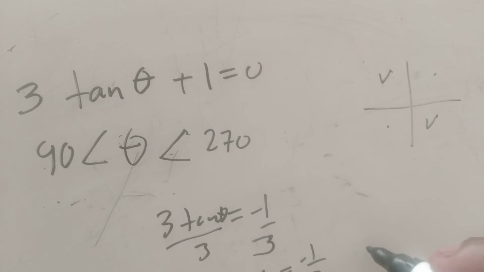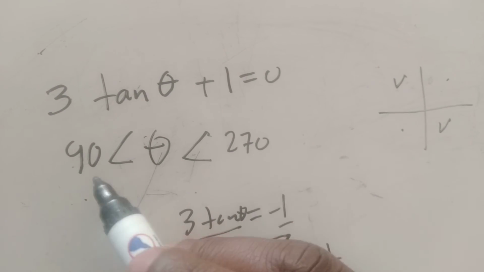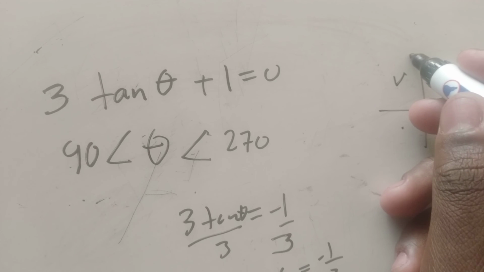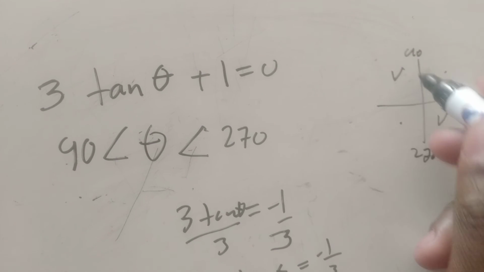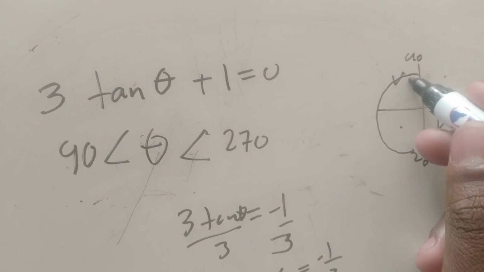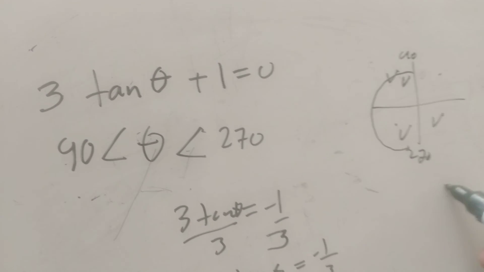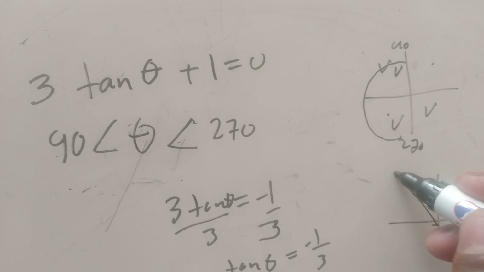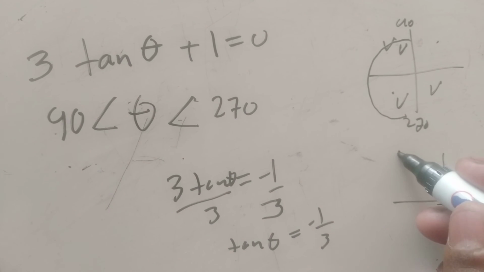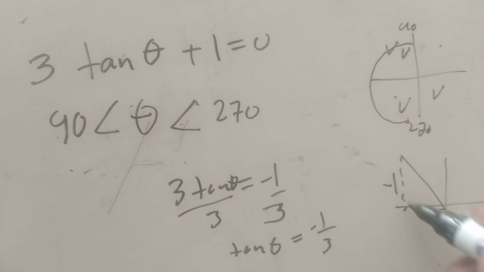All Students Take Chocolate, so it means tan is positive here and here, meaning it will be negative here and here. And this says it's going to be between 90 and 270. So between 90 and 270, it's this quadrant and this quadrant. So the one with 2 ticks is the right one, meaning that we must draw it in the second quadrant. So it's opposite over adjacent. So it means our opposite is -1. Our adjacent is